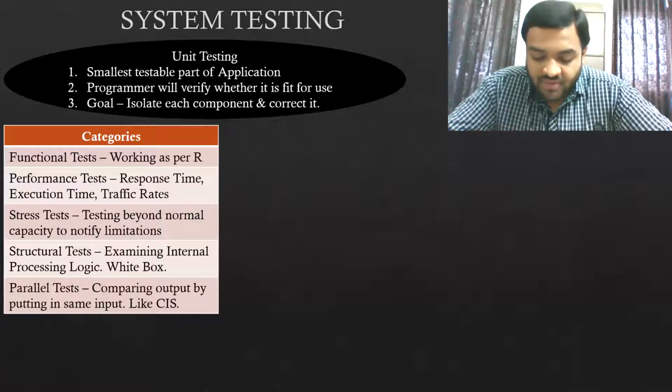Tell me, there is a characteristic of a good coded program which is similar to stress testing. What is the characteristic? We are giving the person operations more than its capabilities to see whether the person can handle those situations or not.